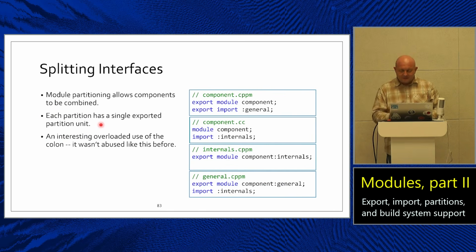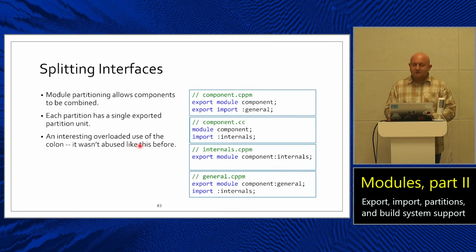So, here's what's really going on with partitions. Each partition is its own little export unit inside a larger model. And then they can import each other, but only through the parent module's namespace. They all live under the same roof. And here comes the fun part. See that single colon in the